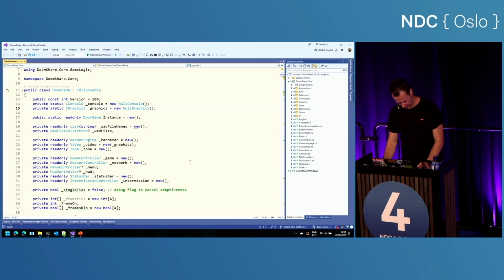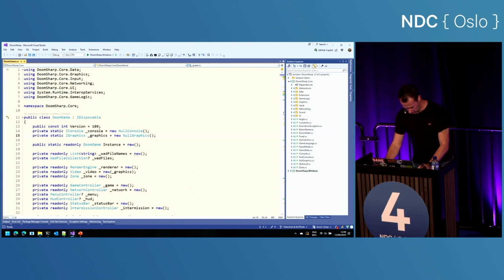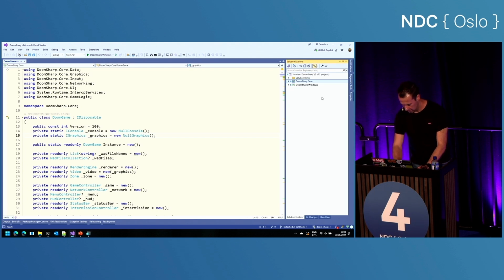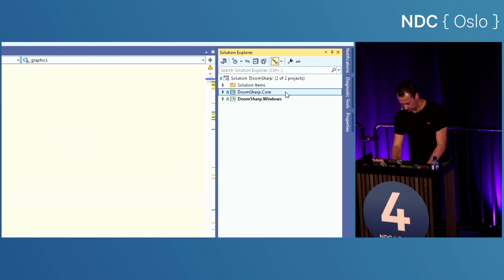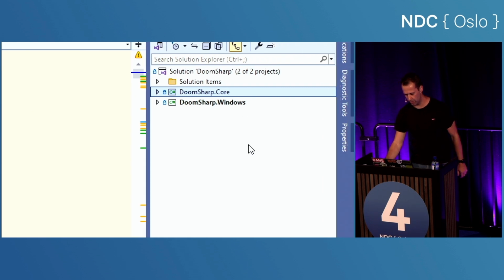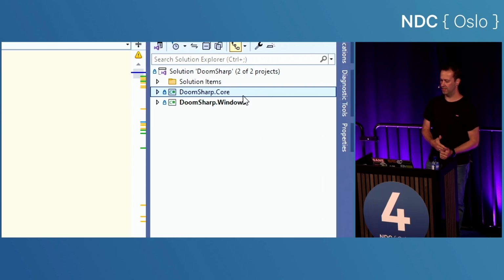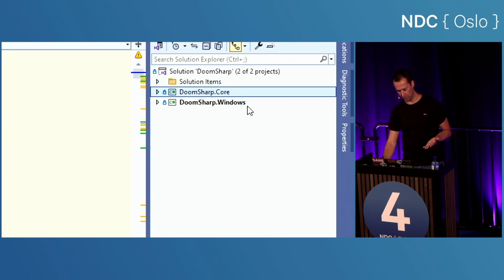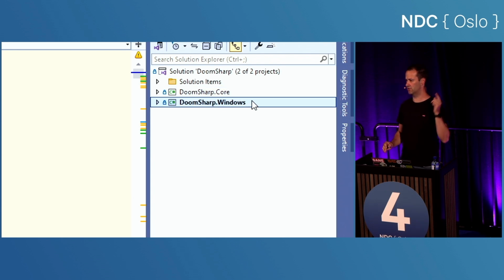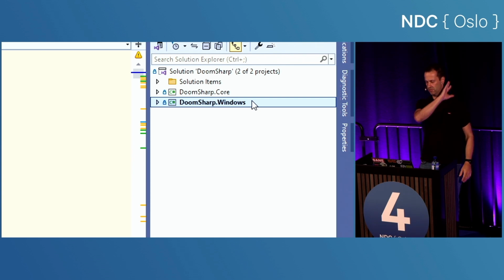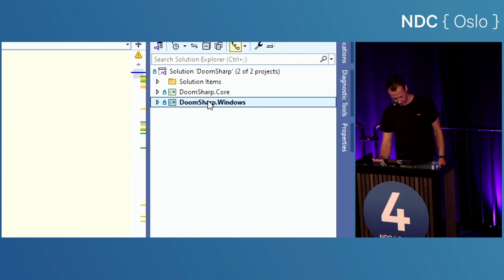That's okay. All right, so let's talk about this solution. This was the starting point. So this is a solution with 2 projects, a class library called DoomSharp Core, and a WPF application called DoomSharp Windows. And this was the one you saw running. It was running in debug mode, so when you entered the room, this is what was running.